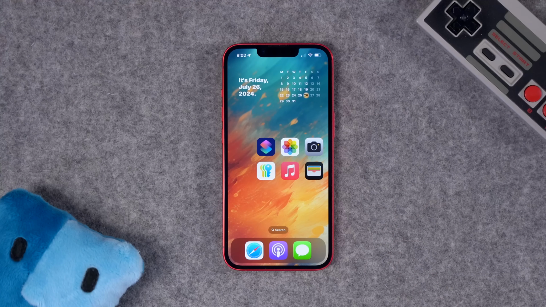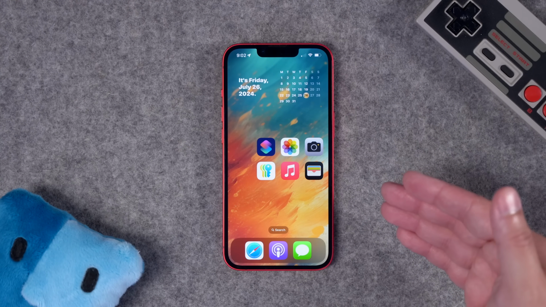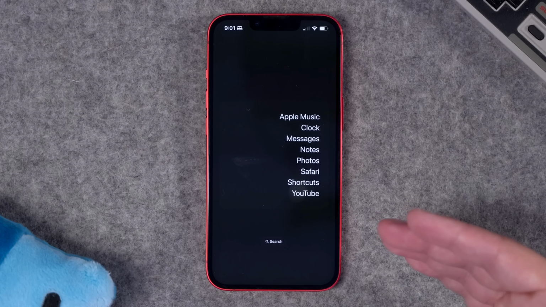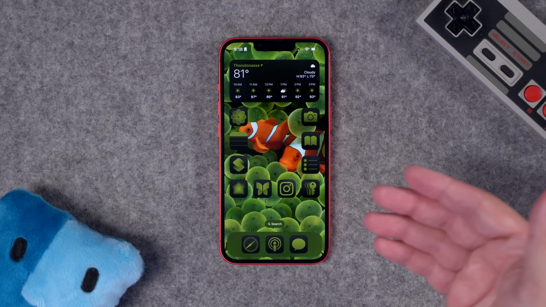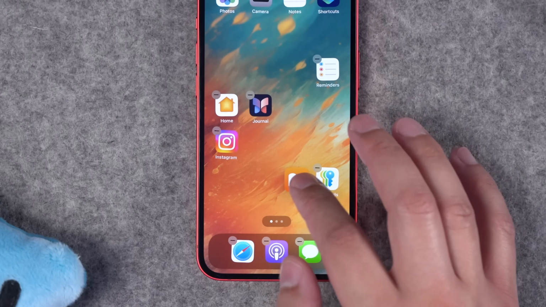With iOS 18, you can make your home screen look like this. Or do this, like place icons anywhere on the home screen. Or maybe you want to go for a super minimal look. Or tint and rearrange your icon so you can see the little clownfish. Well, in this video, I'm going to walk you through all the options you have to customize your home screen